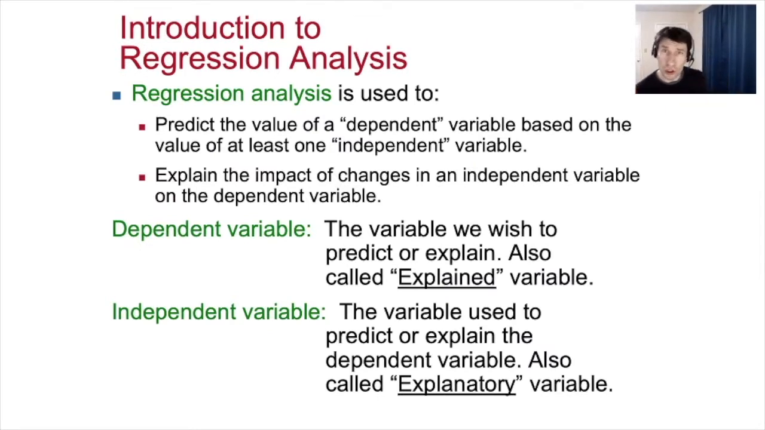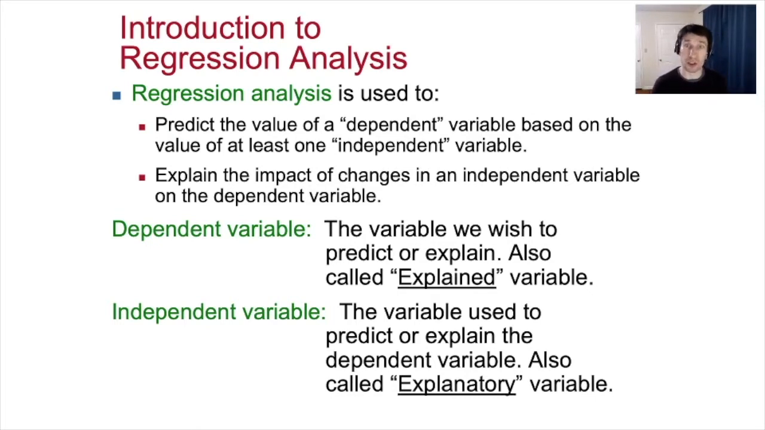So what is the point of regression analysis? Well, we use regression analysis essentially in two ways. One is that we're going to use it to predict the value of the dependent variable based on the value of the independent variable, and sometimes many independent variables. The second thing we tend to use regression for is to explain the impacts of changes in the independent variable on the dependent variable. So taking that ice cream example again, how does a change in the outside temperature impact